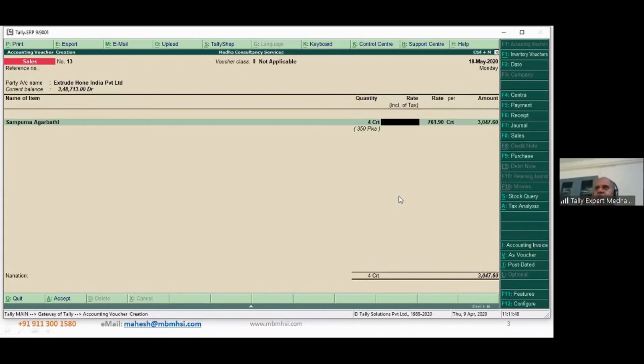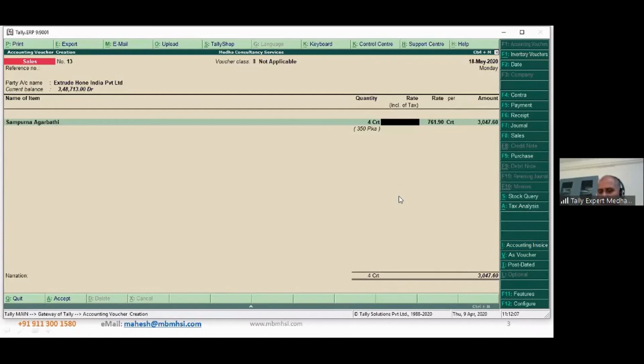Because you have now broken that carton and you are giving some portion of it. So carton-wise you have sold 4 cartons, but pack-wise you are still selling only 350.